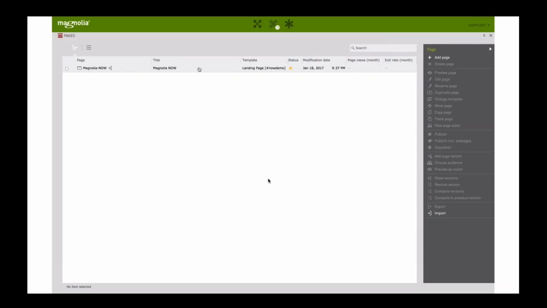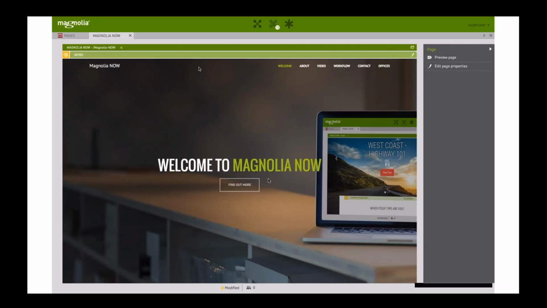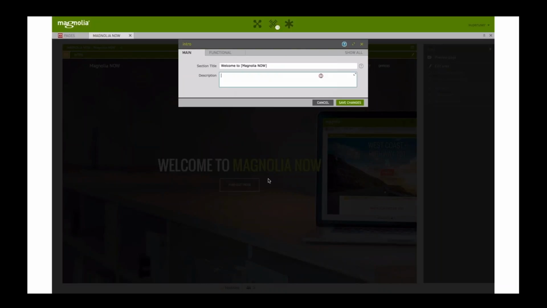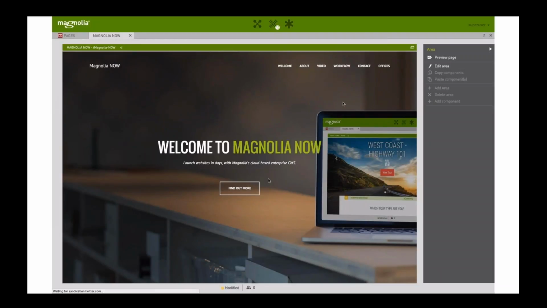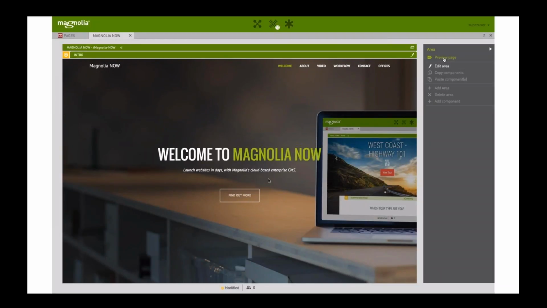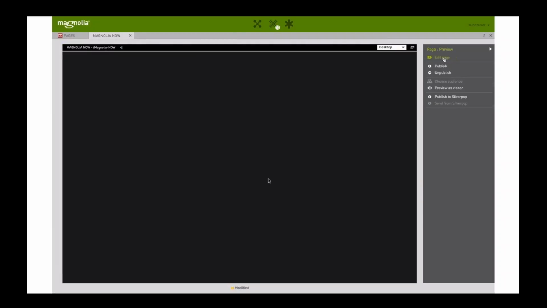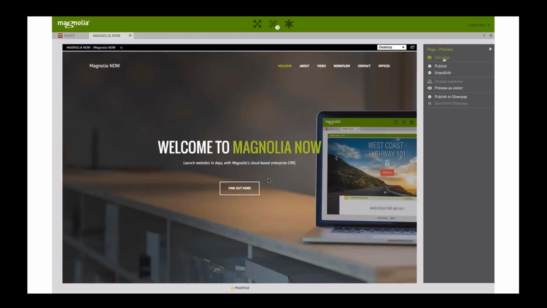Let's open the page in the Page app. As you can see, we already have the call to action button displayed. And if we open the dialog, we have this new field, the description field. We put some content inside and save the changes. Then we preview the page just to make sure that it works as expected. And it does.